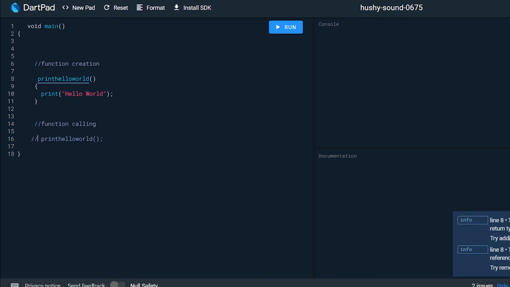In this case, we have created a function, but we haven't called it, so the program will not execute the code inside the function block. So click on the run button. And yes, it gives no result because we haven't called the function. The code inside the function block will only execute if we call that function.